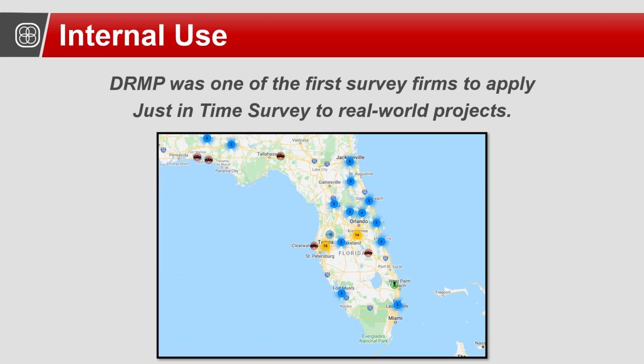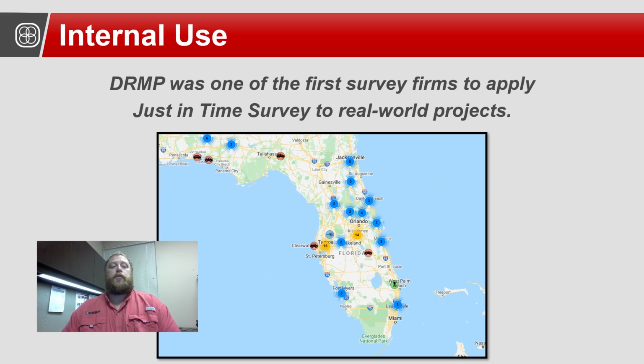For example, if we zoomed in on Orlando, there, you would see 14 scans that in that area would start to populate with their locations more detailed and labeled with a system type. Chris and Brent are going to go over some of the tools that they use on the TopoCloud Pro website,